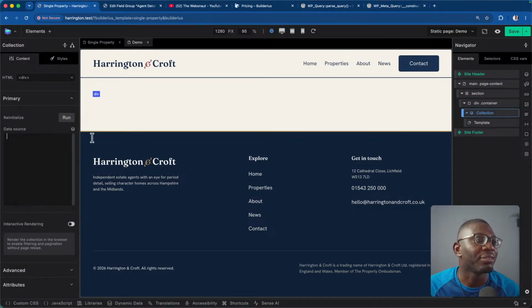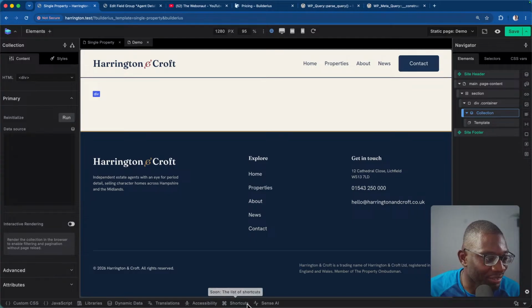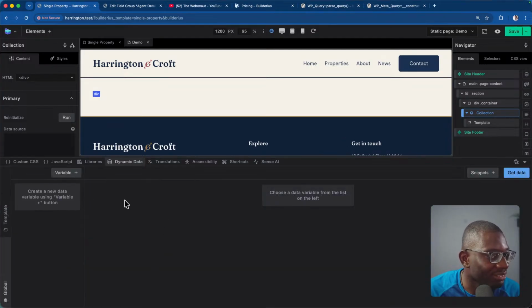Oh, I didn't save when I switched. Always remember to save before you switch. I didn't save, but yeah, let's do it again. I've created my dynamic data